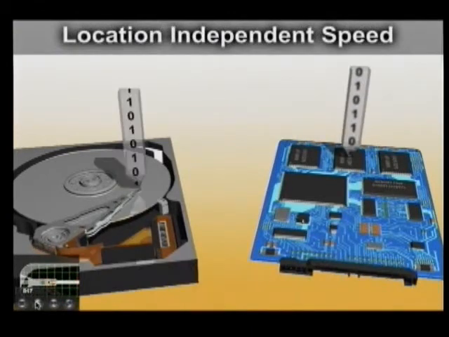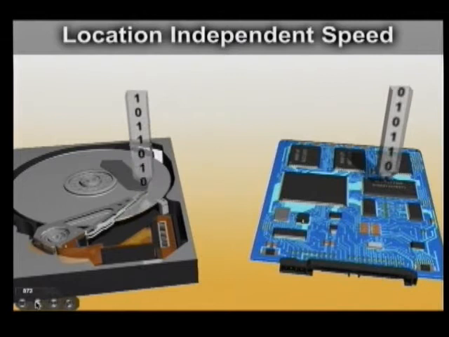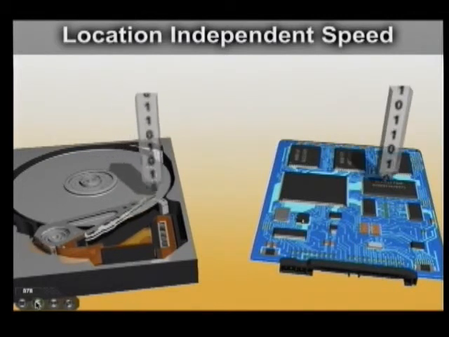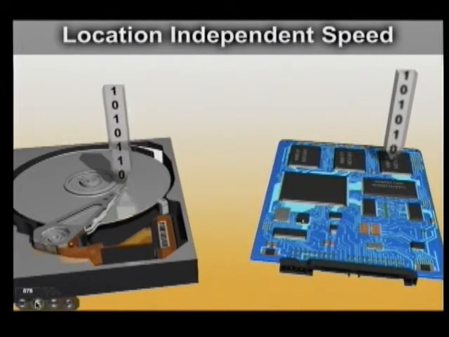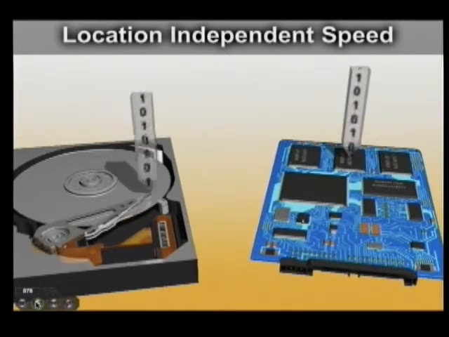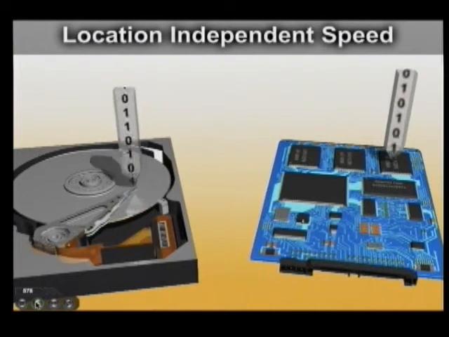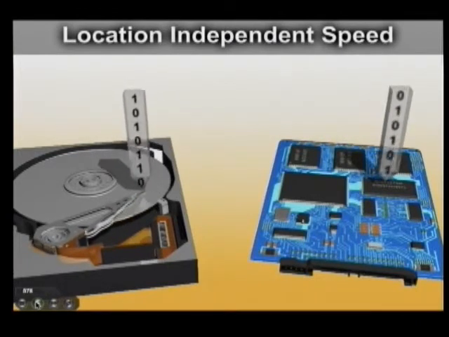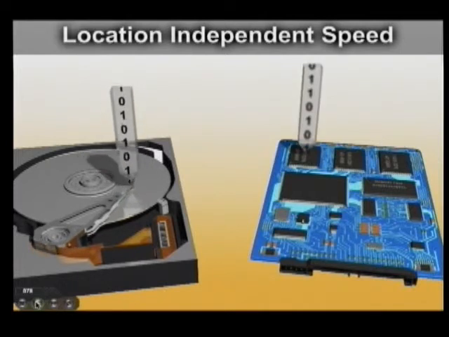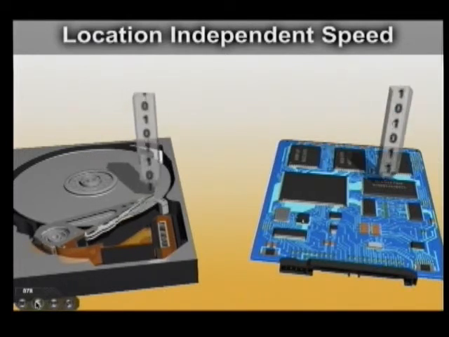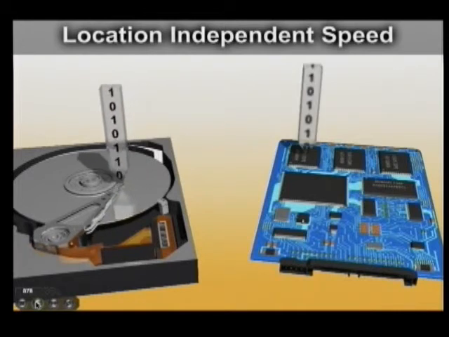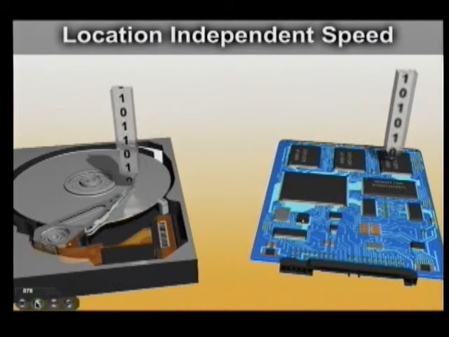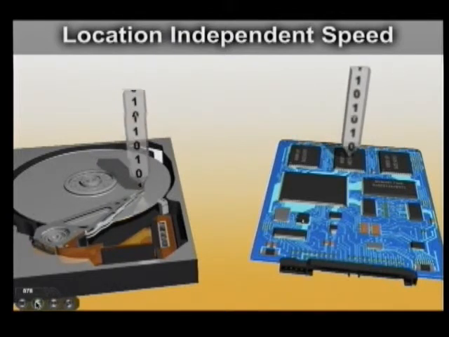The second thing is speed. People talk a lot about how much faster solid-state drives are than hard drives. There is some truth to that, but some of it has been increased because of caching and their ability to cache content in a solid-state drive, as opposed to what they're doing in a hard drive. Now, on a hard drive, people talk about the outside edge of a disk being faster than the inside edge of a disk. Technically, that's not true.